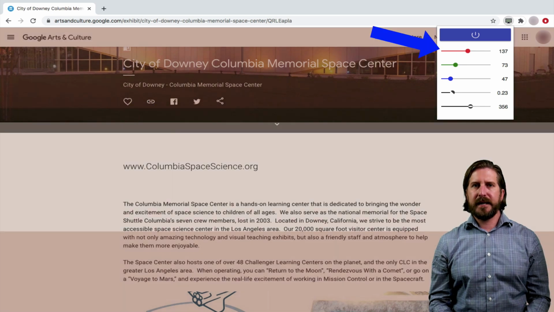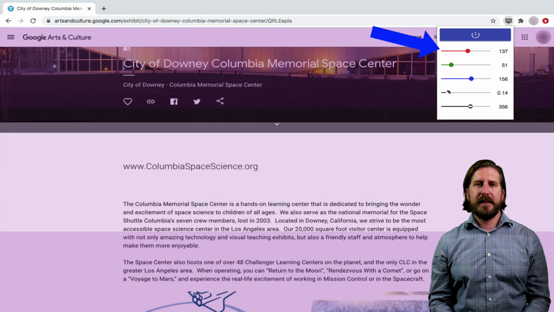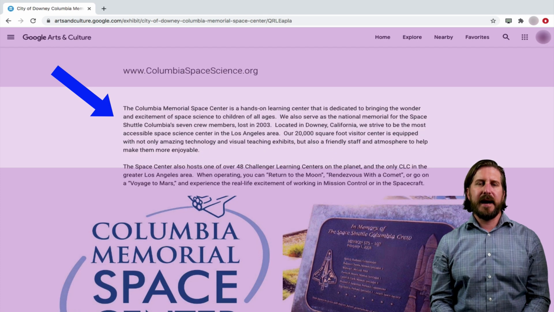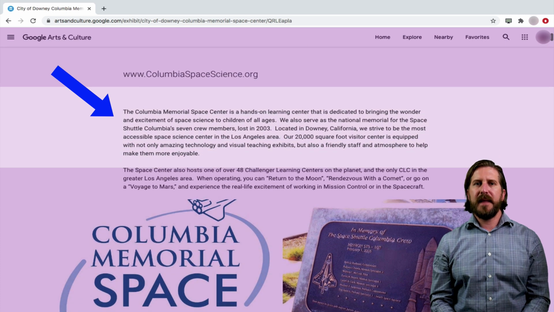They can do things like adjust the color saturation, and they can also adjust the size of the focus window that shows up on the screen. So now you can see that as a student is scrolling down the page to read it, a small window shows up that will help focus their attention on the specific part of the screen where they need to be reading.